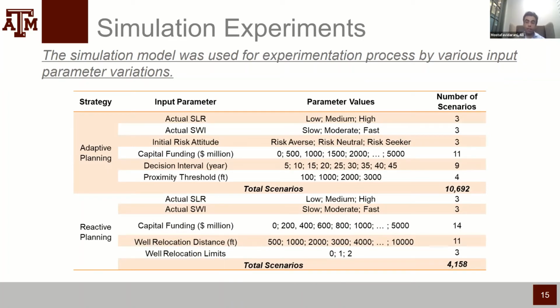We identified the 4,158 possible scenarios based on different scenarios of sea level rise. We have 3 scenarios of sea level rise, 3 scenarios of saltwater intrusion, 3 states for risk attitude of the agency, 11 levels of funding for different adaptation planning decision points, different decision intervals, and the combination of those just sums up to 10,000 scenarios for adaptive planning, and for reactive planning we will have 4,000 scenarios. So using this model, we simulated 14,000 different scenarios so that it can tell us how much funding we need,